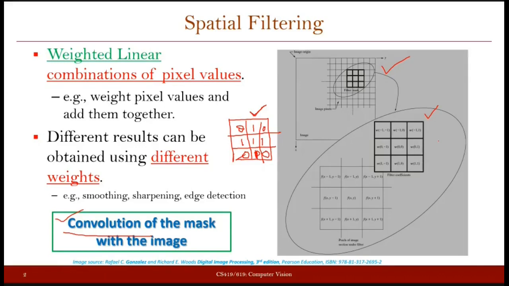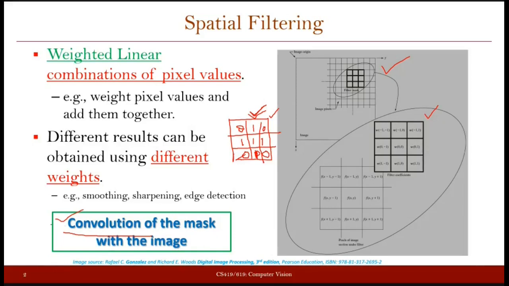So when we say we are convolving the image with the help of a filter, this means you are taking your filter, first you are rotating your filter, and then you are placing it all over your image, and you are computing the new values. Okay. Now, if your filter is a symmetric filter, in that case, even after rotation, you are going to get the same value, the same kind of weight matrix, or the same kind of filter.